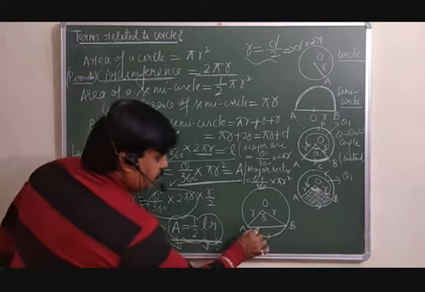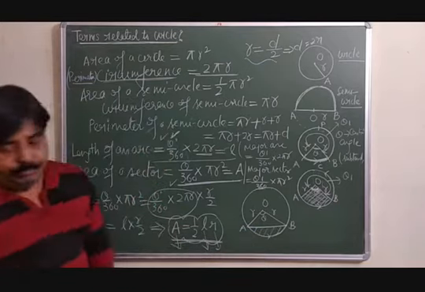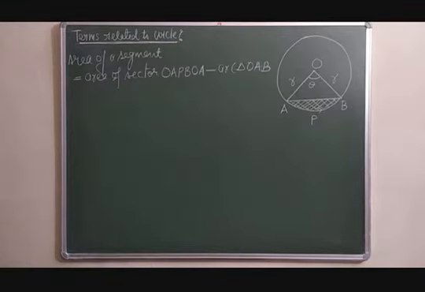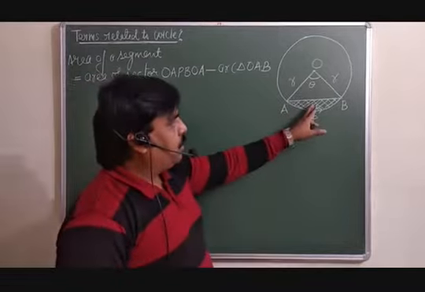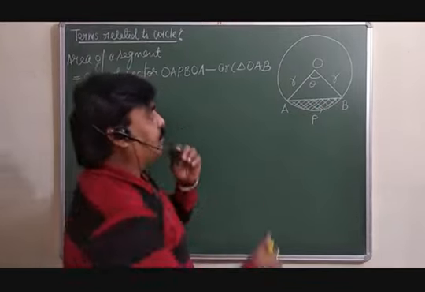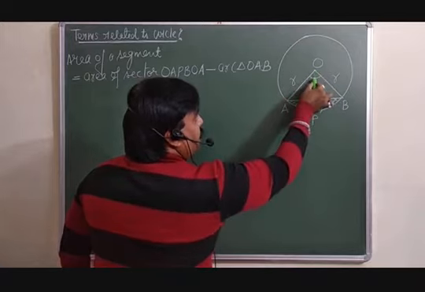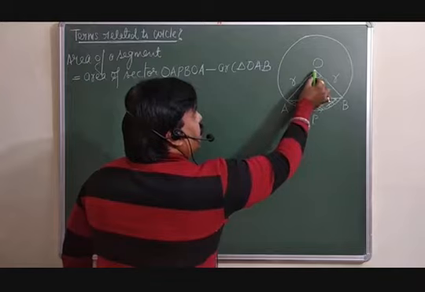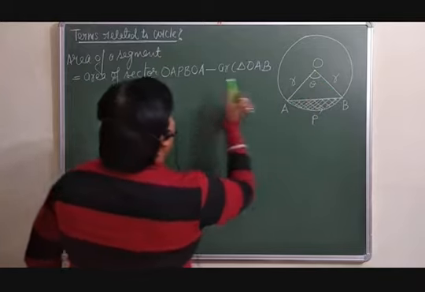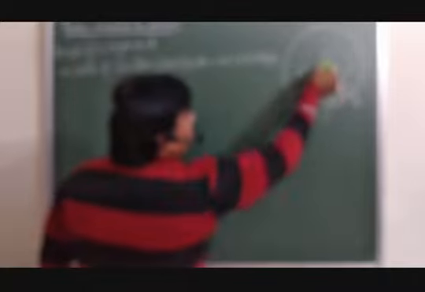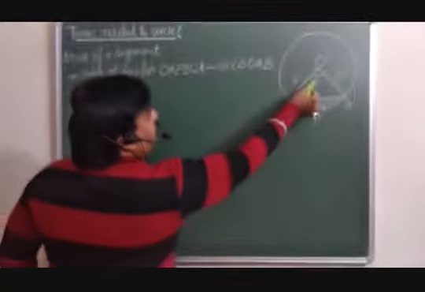Now we will discuss the area of the segment also. Now have a look. Okay, now we will discuss how you can calculate the area of this segment. See, to calculate the area of this segment, what we will do, from the area of this sector you are supposed to subtract the area of this triangle OAB. Means the area of the segment will be equal to the area of the sector OAPBO, subtract the area of this triangle OAB, whose sides are radii and this is your central angle.